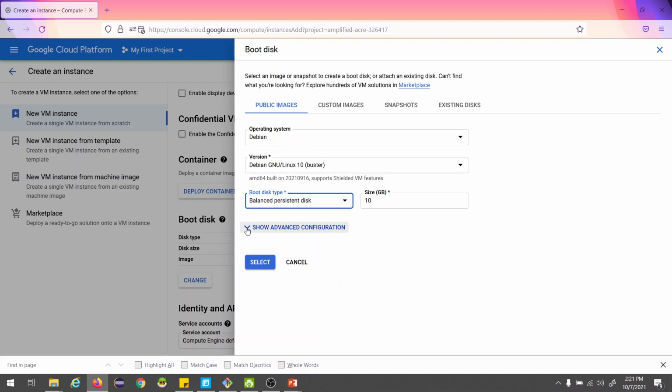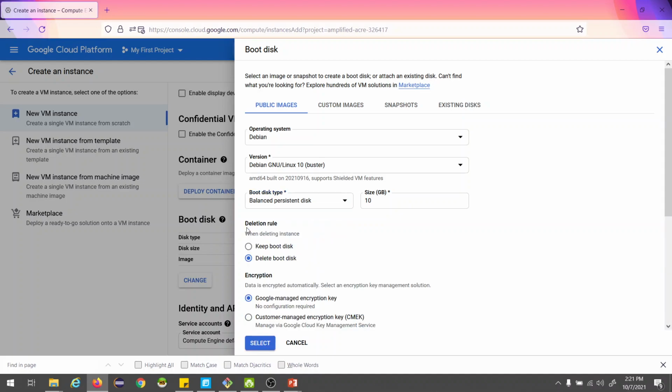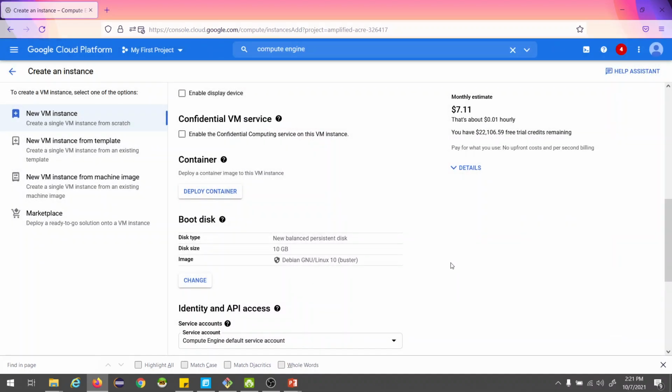There is also some advanced configuration which decides whether you want to keep the boot disk even if the machine is terminated. I am leaving this as the default, delete, and for encryption I'm just clicking the cancel button.